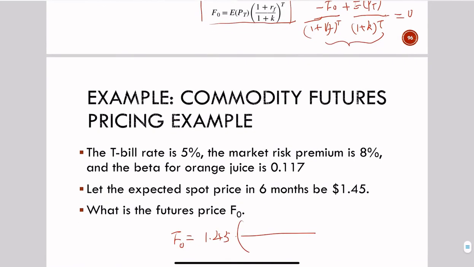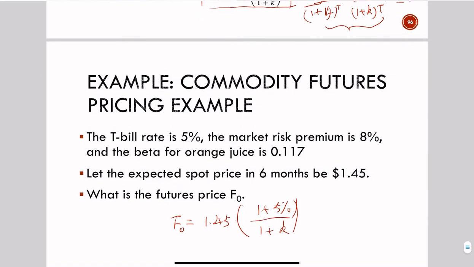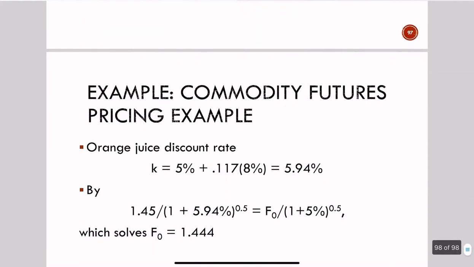And then the risk-free rate is 5%. So the key here is, how do you find out this K here, right? Well, as I said, you could find out K using CAPM. So K equals risk-free rate plus, do you have beta here? Oh, we have beta here. 0.117 times the market risk premium, which gives us a number of